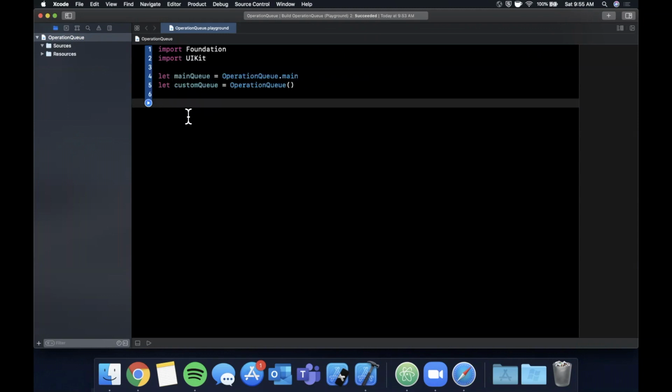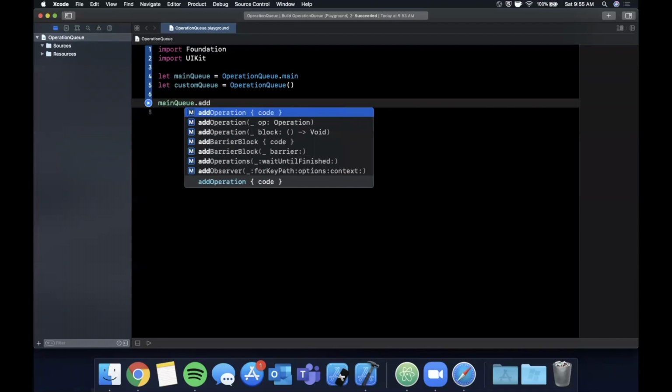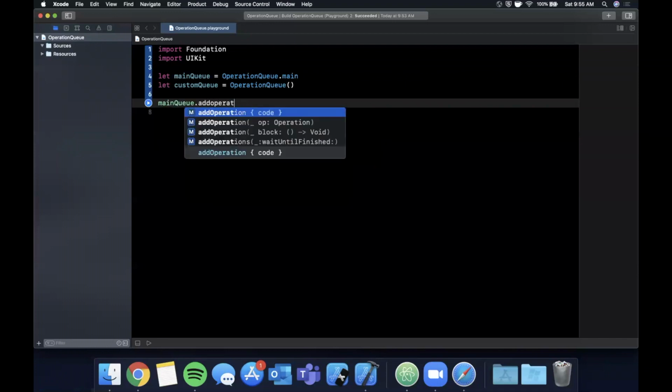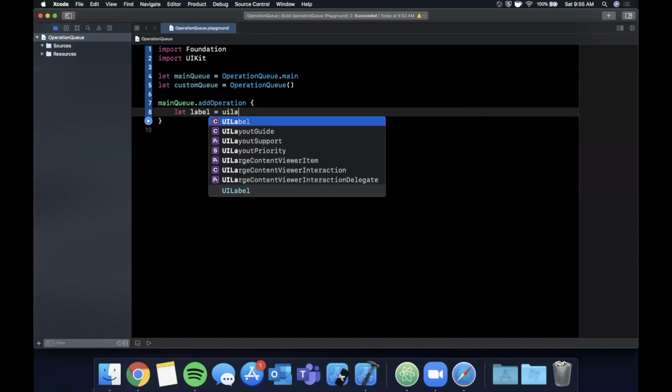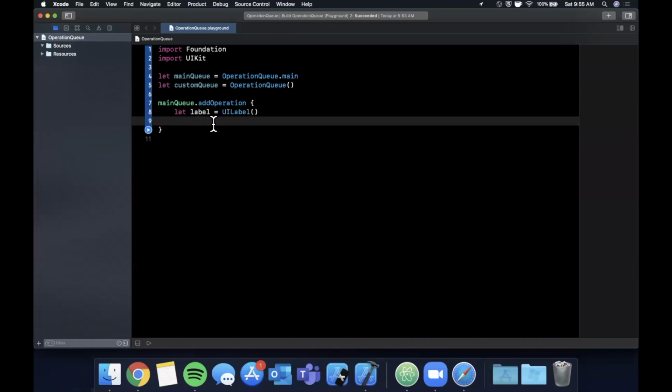If you're familiar with dispatch queue, you can use it to basically dispatch work onto different queues. You can do the exact same thing with operation queues. So here, if we want something to run on the main queue, we can say mainQueue.addOperation, and you can see that there are a couple of different options here, and the two that I'll call out that are useful. The first one is this one, where you can basically just execute some code in this block, very similar to dispatch queue. So in here, for example, we can create a label since we're on the main queue, or the other one,